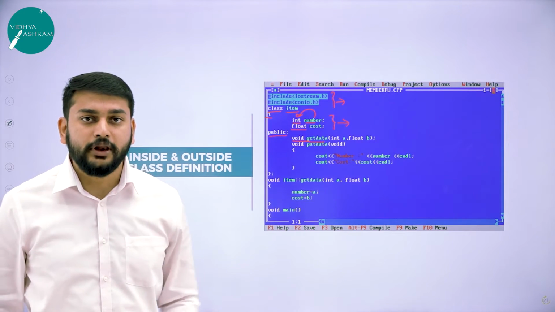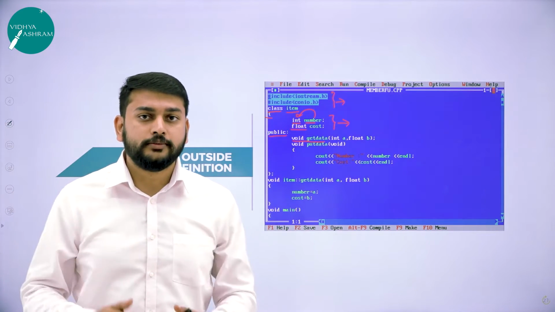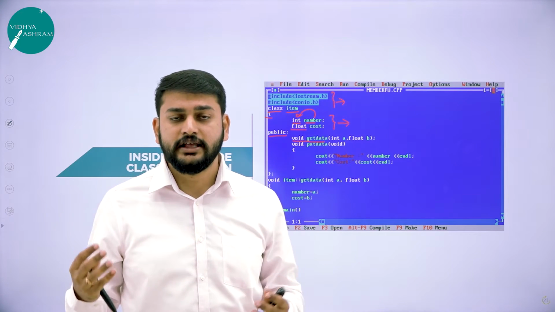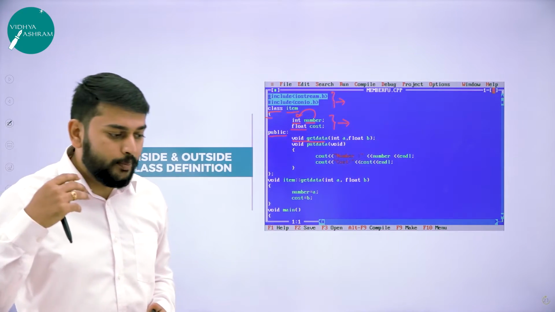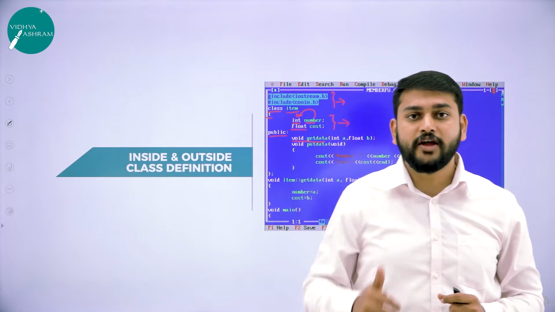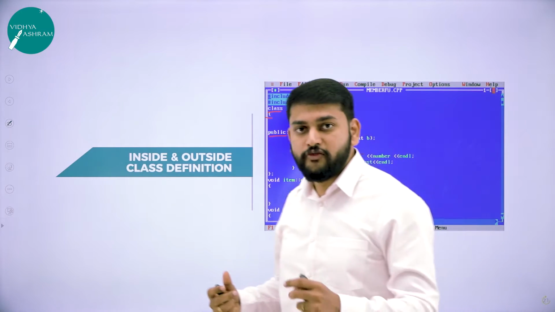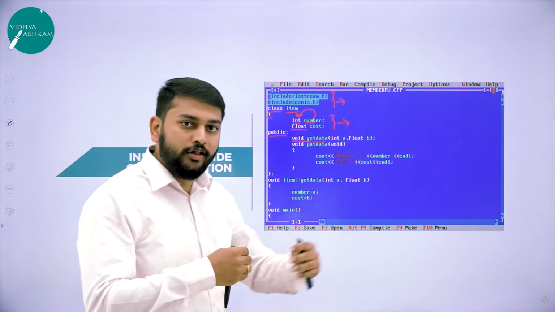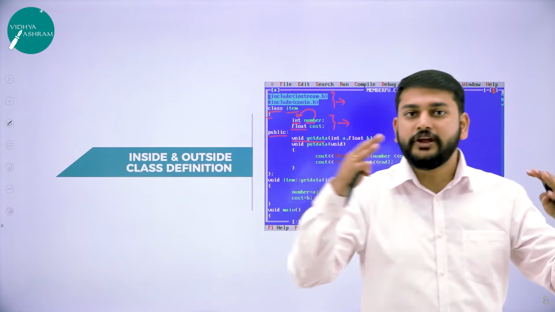Let's take an example. Imagine I am cooking now. If I want to cook, I need some ingredients. Let's say I'll prepare a biryani for all of you. What ingredients do I want? I want rice, vegetables, masala, oil, all these different types of ingredients.